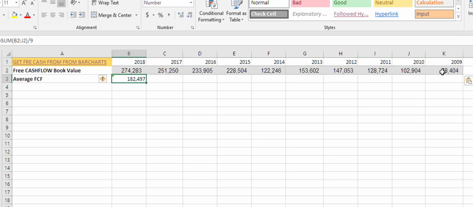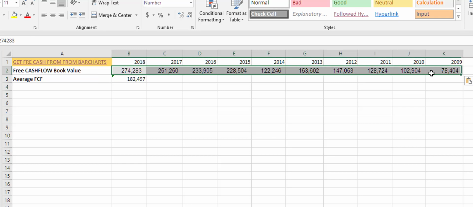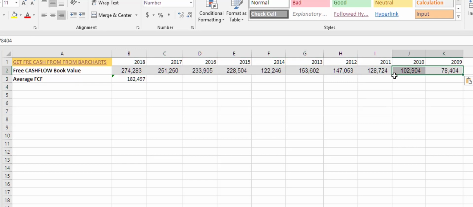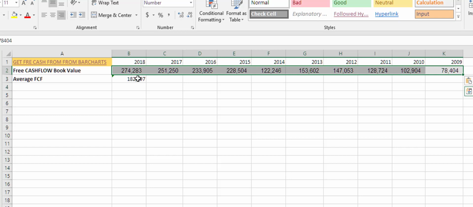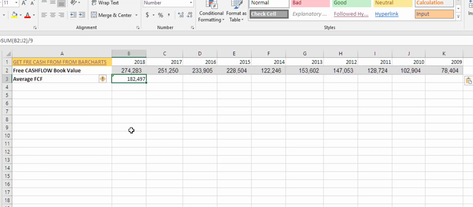The formula is over 9 years because you can't count year one, so from year 1 to year 2 is year 1, so the reference year is 2009. So we've got 1, 2, 3, 4, 5, 6, 7, 8, 9. I've done the total sum of those 9 years of all that cash flow, added them all together, and then divided them by 9, and that's how I came up with an average of